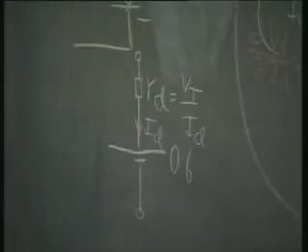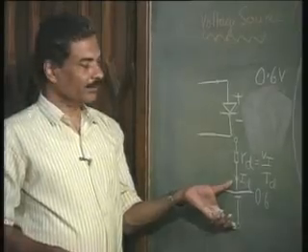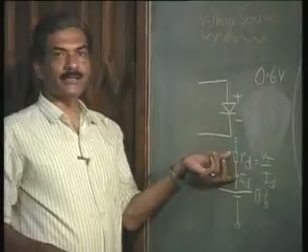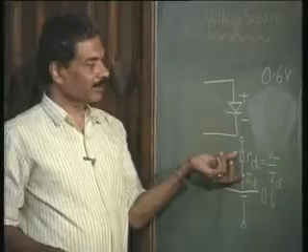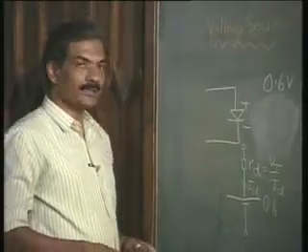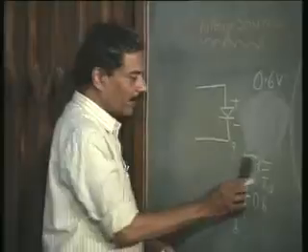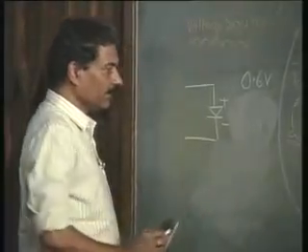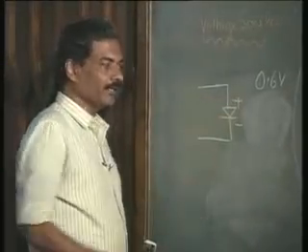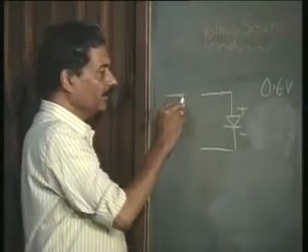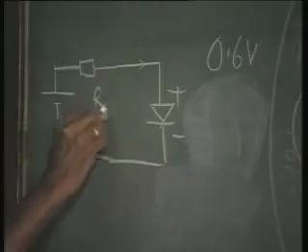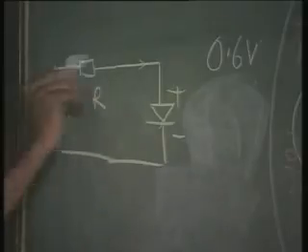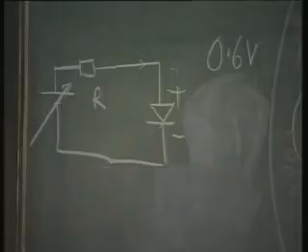So, basically this is equivalent to a battery of 0.6 volts and a small series resistance of the order of few ohms for currents of the order of milliamperes, that we have established. So, it can definitely be used as a secondary source for biasing, etc. This kind of application will maintain this voltage very constant. That means, if I apply a voltage here which is varying, the current only varies, the voltage across this remains constant at